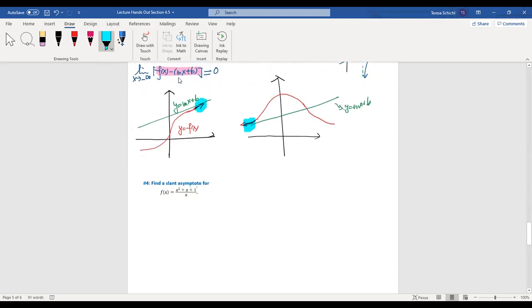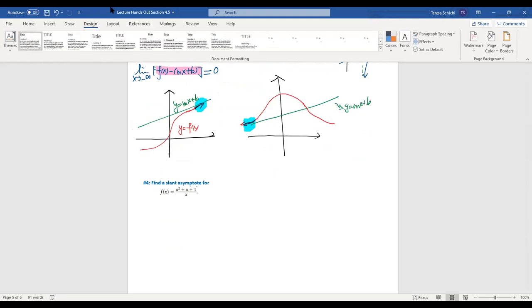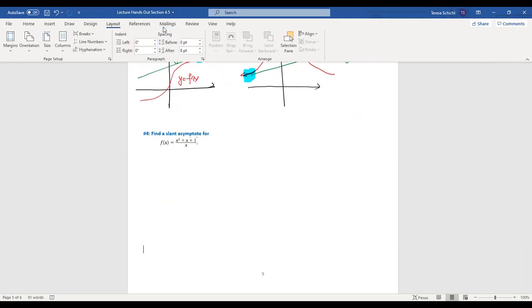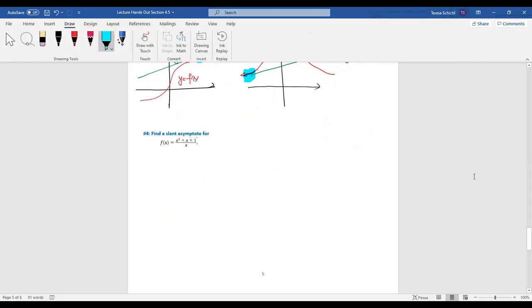So how do we typically find slant asymptotes? First, for example, if you have a rational function, x squared plus x plus 1 over x, what can we do here? We can use